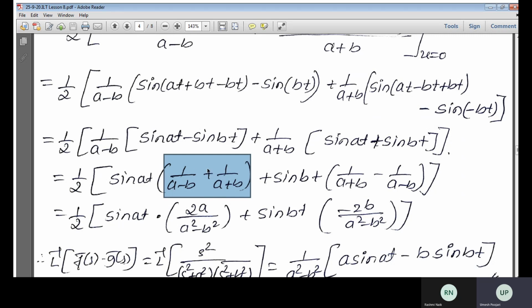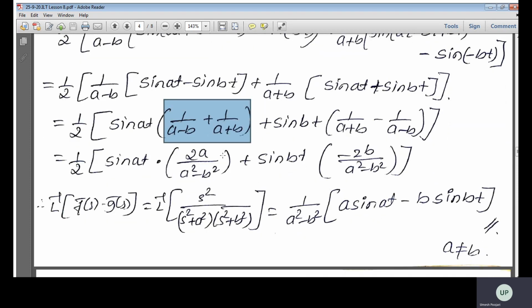Here it will become a plus b plus a minus b, so plus b minus b will be 0, a plus a will be 2a: sin at into 2a divided by a square minus b square. Plus here also the same thing: if you take LCM and simplify, you will get minus 2b divided by a square minus b square. So after simplification we can cancel 2 with this 1 by 2, and the remaining term is this one: 1 by a square minus b square outside, a into sin at minus b into sin bt,